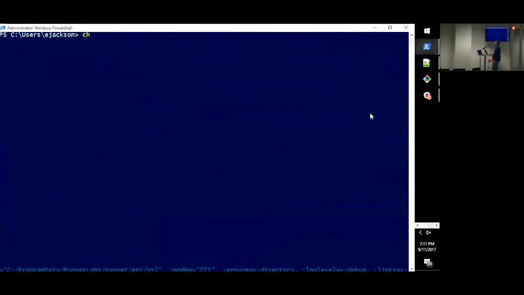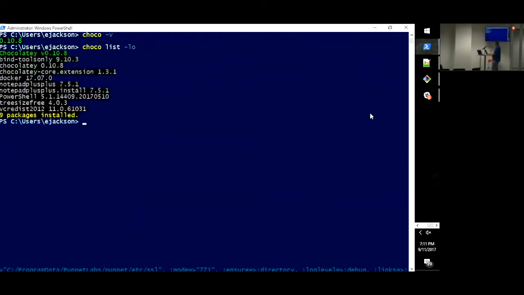So with Chocolatey, you can do some basic things. You can list the version. You can look at what's installed on the system. You can upgrade, and